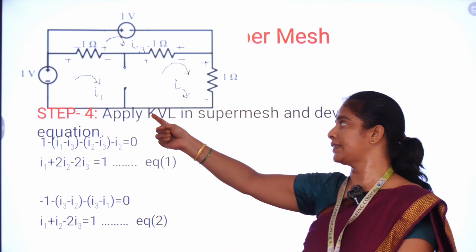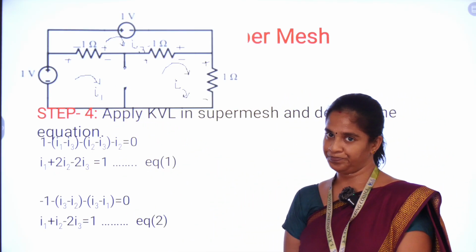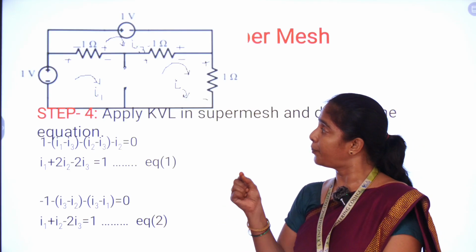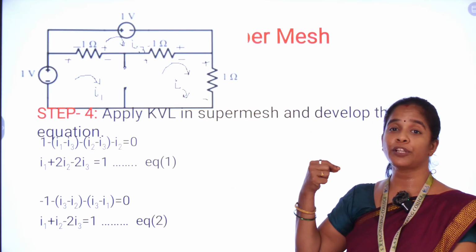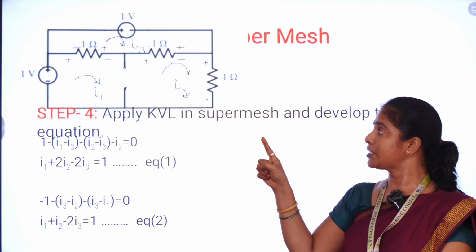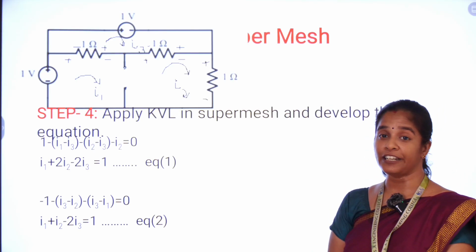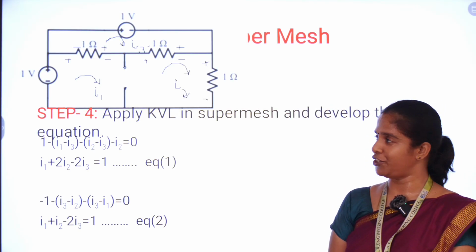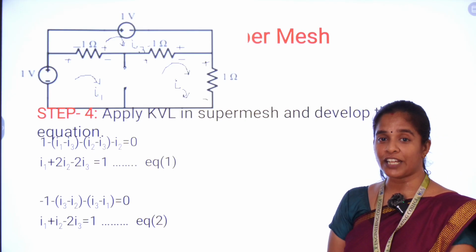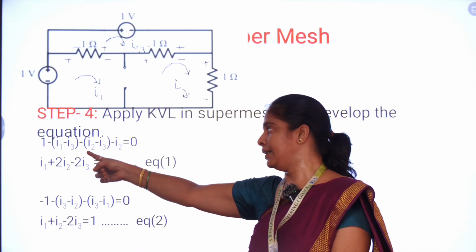Here the first is nothing but a voltage source. And we are going to represent the polarity of the voltage according to the direction of current. The first is nothing but a voltage source where the current is entering in negative and leaving with positive, that is more potential. So we are going to take this voltage as positive, that is 1.